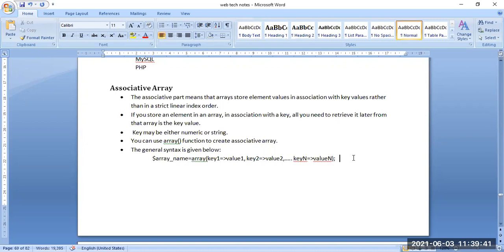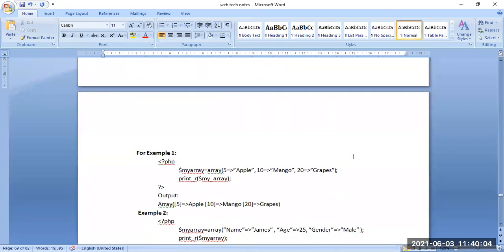So the array name equals array of key 1 to value 1, key 2 to value 2, key n to value n. This is the syntax to create an associative array.